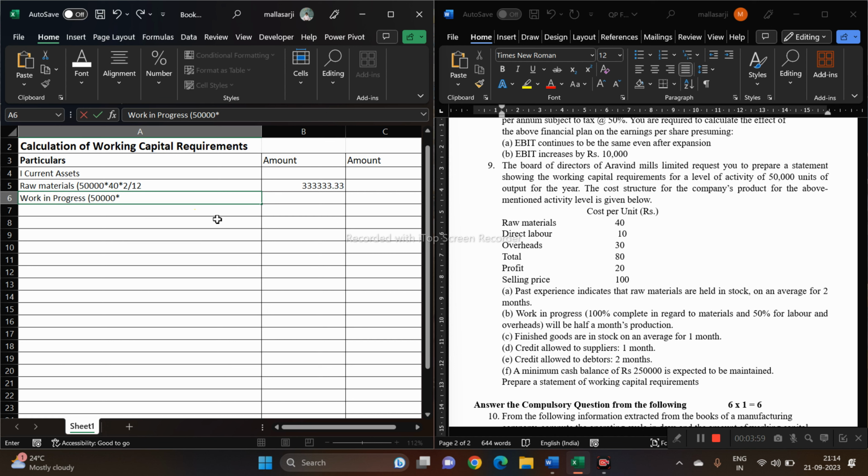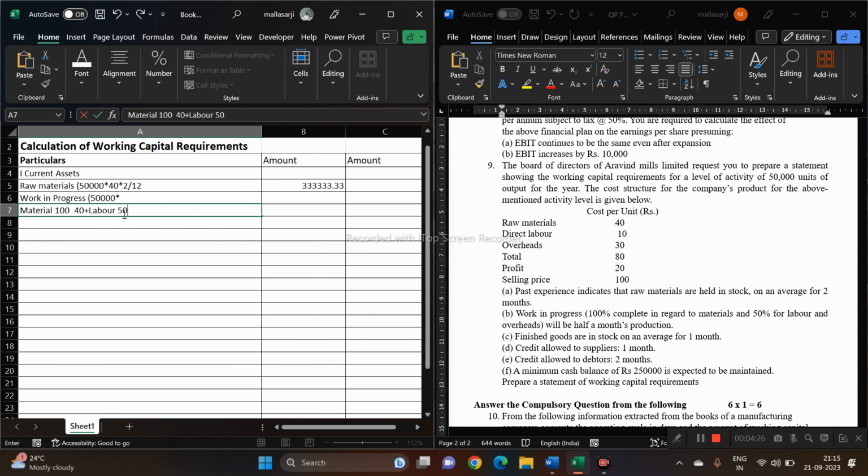So we need to take material at 100%, which means we take 40 rupees,